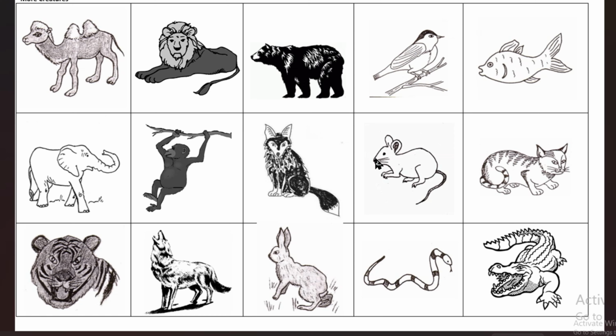Moosh, mouse. What is this? This is a mouse. Now here if I say the mouse is a troublemaker, or it's an animal who messes up things, it's not a good animal though. So we say the mouse is a troublemaker.